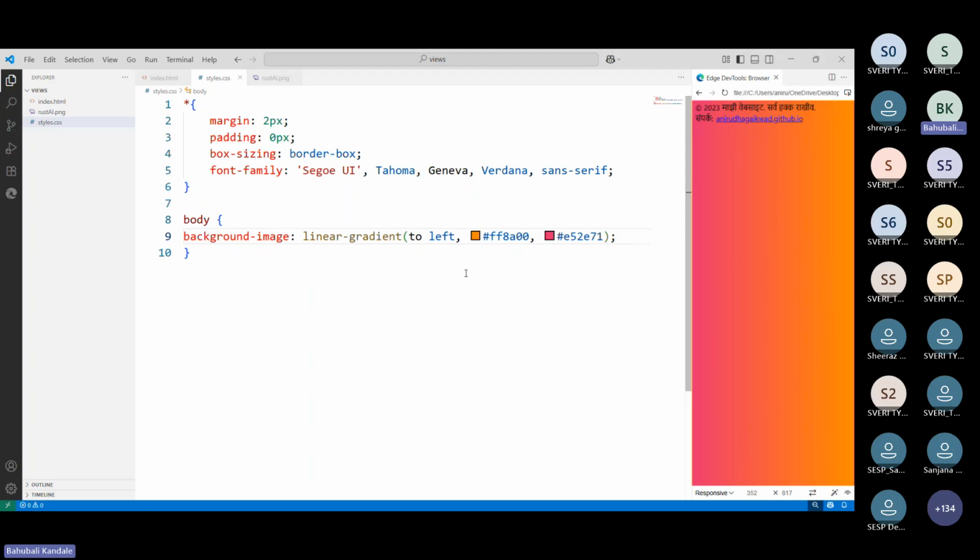Okay, so that's looking good, right? So that's looking good, right? So we use a linear gradient. Now, after using that linear gradient for my website,